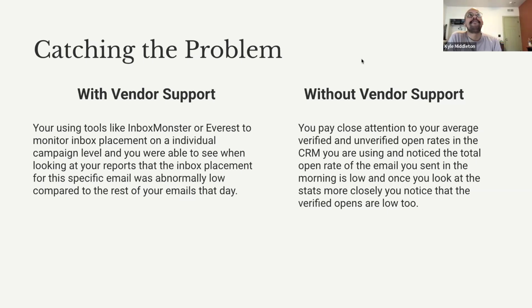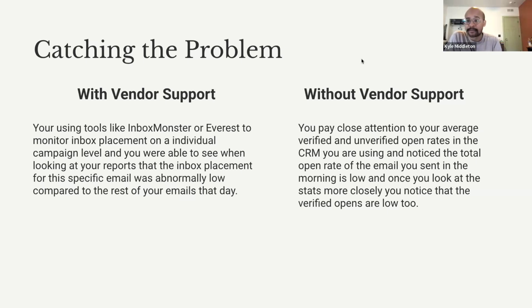Whether it's a top line view of seeing that it went from green to yellow, or actually looking at the numbers and seeing this is 5% lower than what we usually send to, something is going to be off in that report for you. But if you don't have vendor support, like a large majority of programs running campaigns don't, you have to rely more on your own ability to understand your baseline deliverability metrics. What are your average verified and unverified open rates over the last few campaigns you sent? For example, do you typically see 20% total open rates and now you've seen 10, or something to that effect?